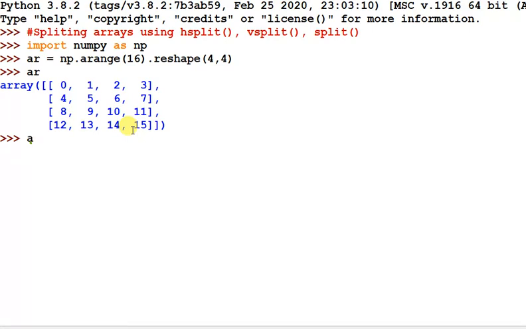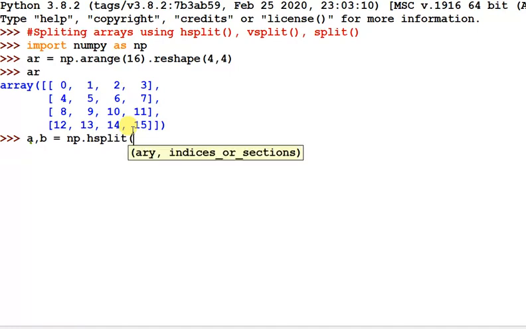Suppose I use two variables, a and b, and I am splitting with np.hsplit. I pass which array to divide, and the indices or sections, meaning how many sections to divide into.